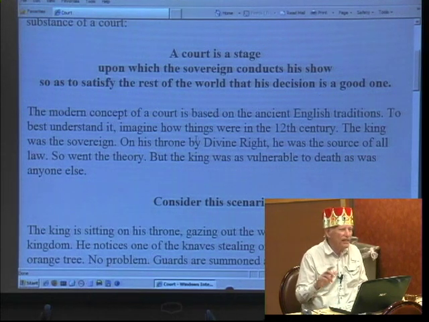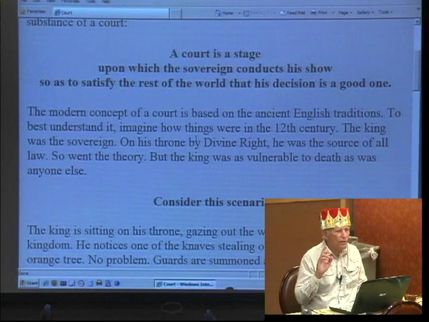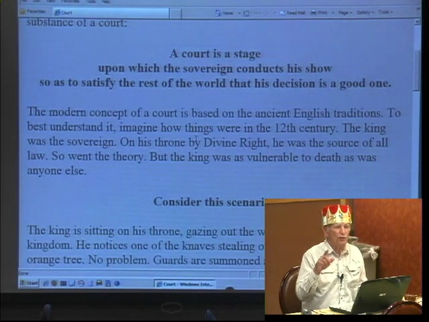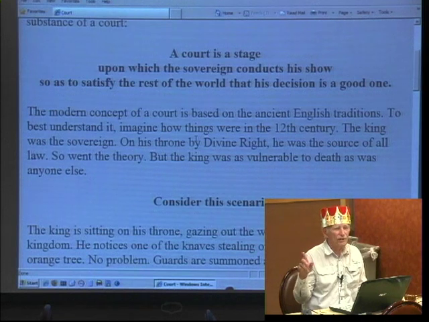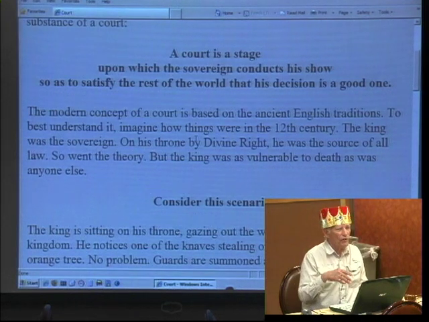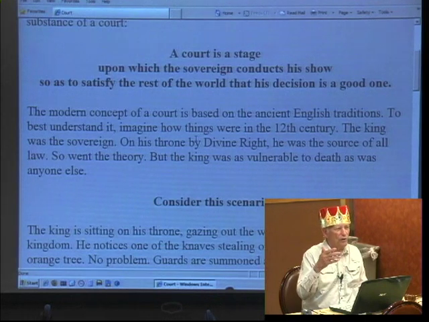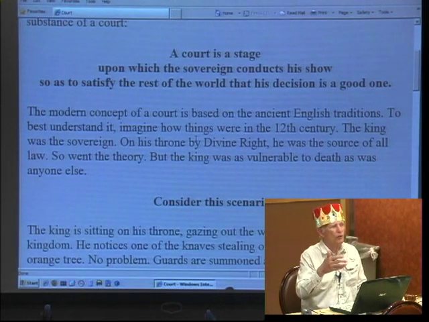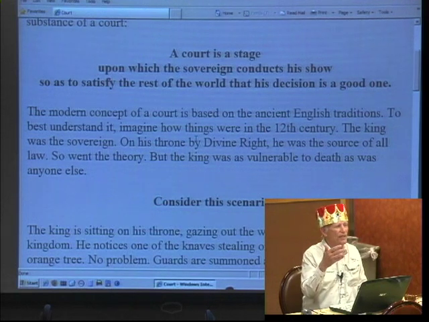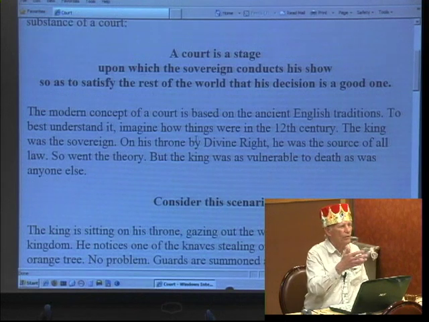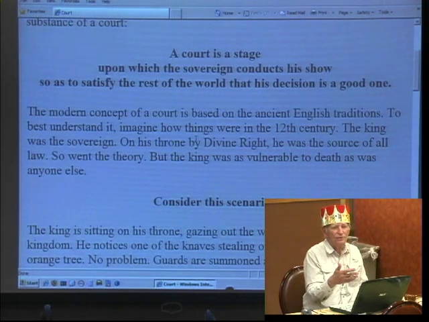As you can get the interest, true. The minute you touch that capital, you touch the principal, you've lessened your bank account. As long as you don't touch it and you let the interest accumulate, it will grow. So the less you exercise your power in a court, the more respect you will earn. As soon as you start exercising the power, then there will be people who might decide you're being unreasonable.